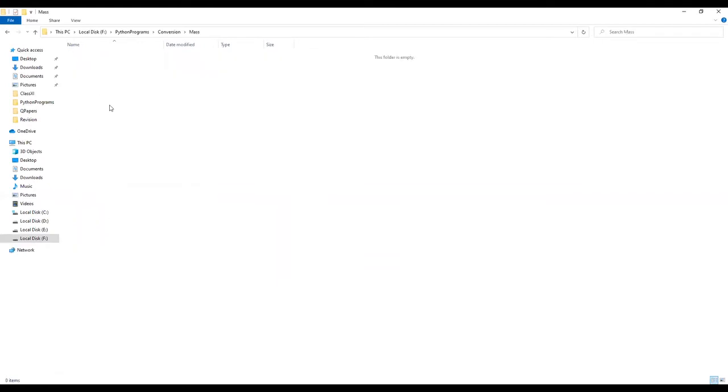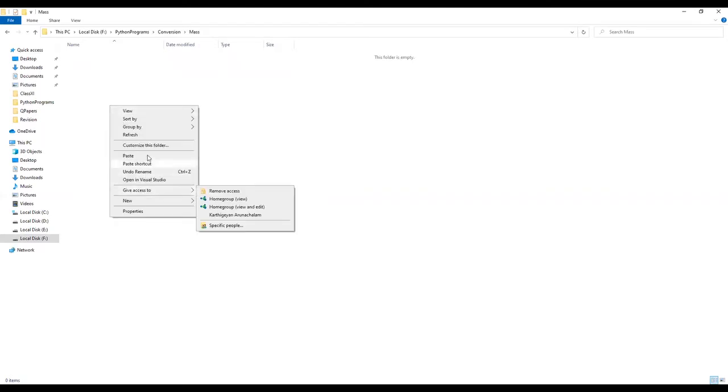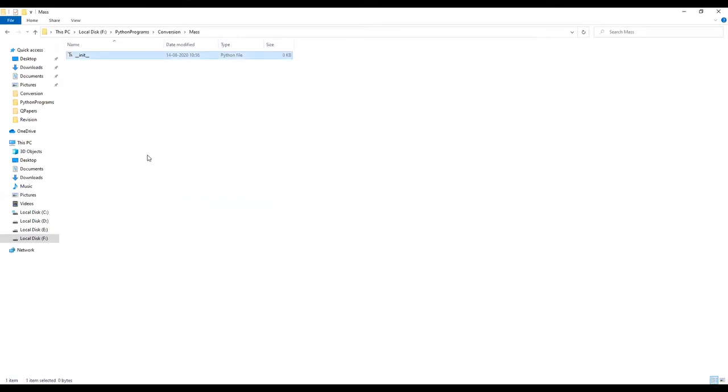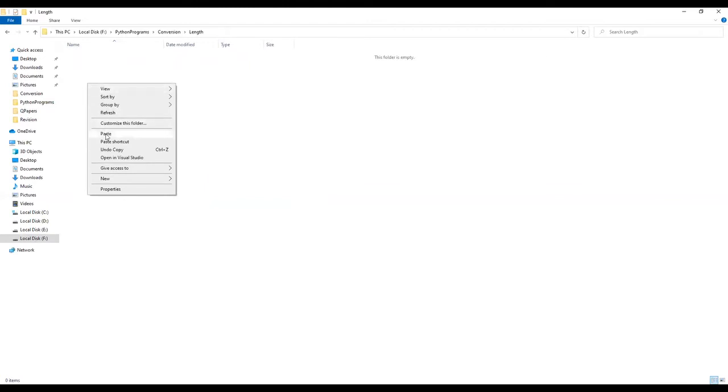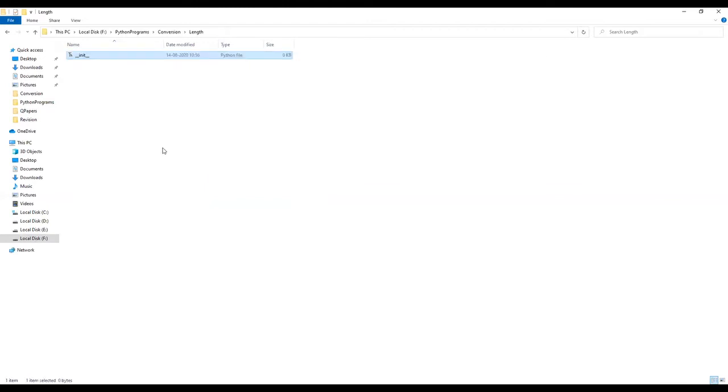I am pasting it in the directories named mass as well as length. Any package in Python should have this particular file named __init__.py. If this is not present, this will not be treated as a package.